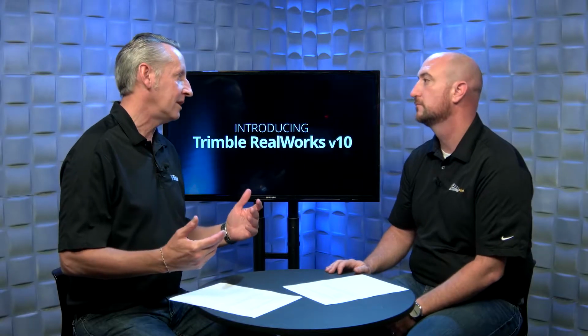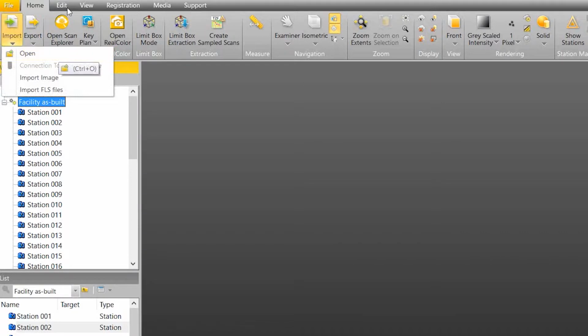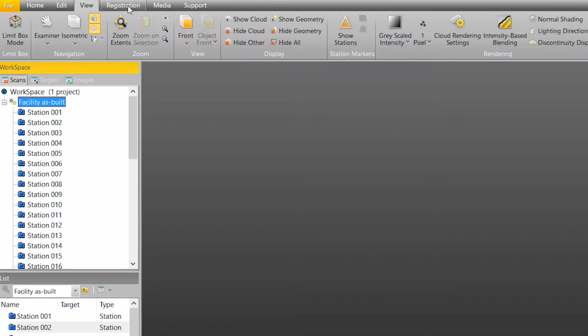Yeah, Rob, I'm pretty excited about this new release. I think what it does is offer our customers some condensed workflows so they can get through the process a lot faster in managing their point cloud and getting deliverables out of it. One of the key components is this new simplified ribbon interface that modernizes the software, but more importantly for the customer, it really cuts down the process by having a more streamlined